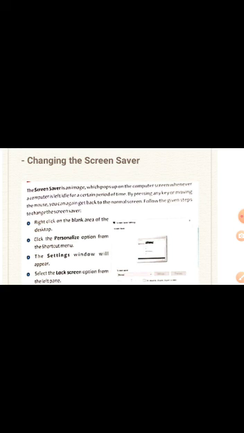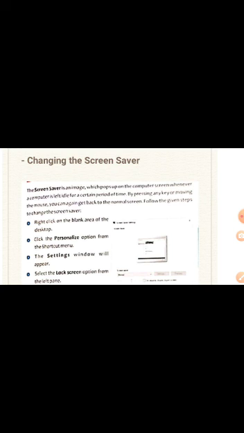The confidentiality, the privacy of the computer is maintained. So when you are not working and you don't want anyone to see what you are working on, you have left the desk and gone away from the computer, then you can use this option of screensaver.